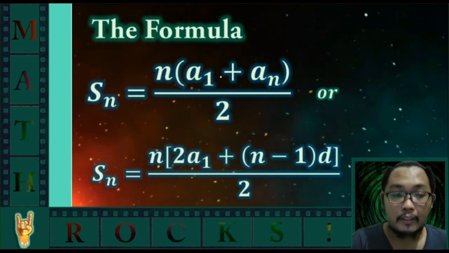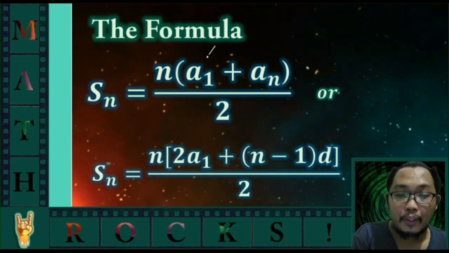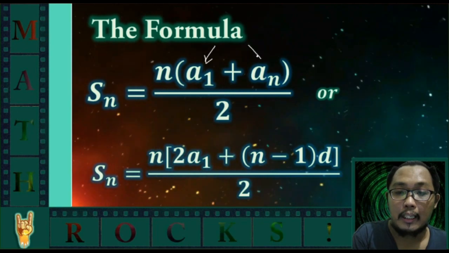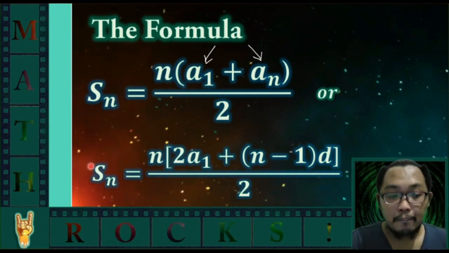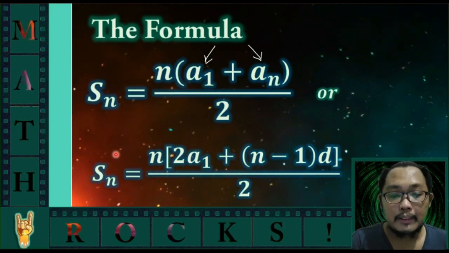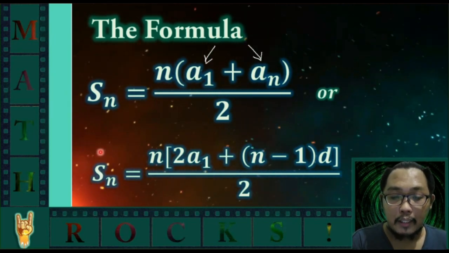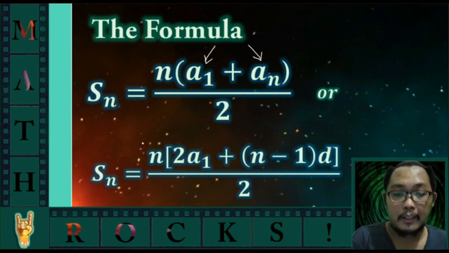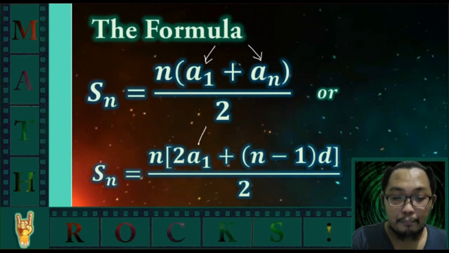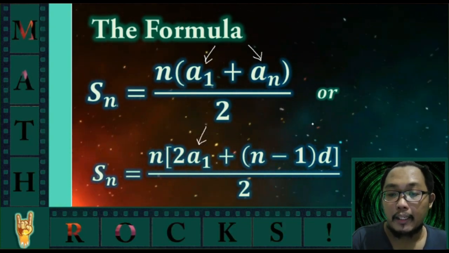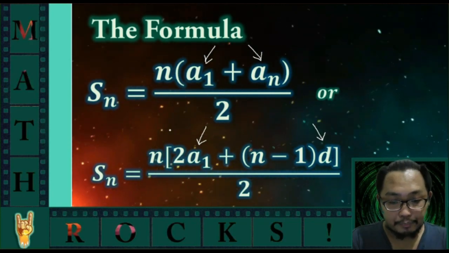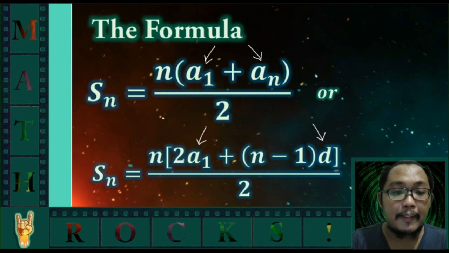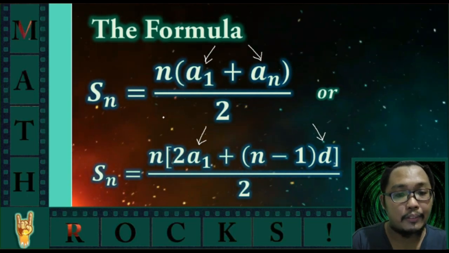Meaning, we are given the information of a sub 1 as well as a sub n. While in the other formula, we must have known information regarding the values of a sub 1 and the common difference. And to further understand the idea regarding the use of these formulas,